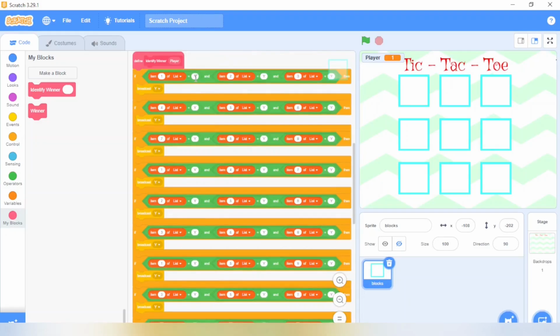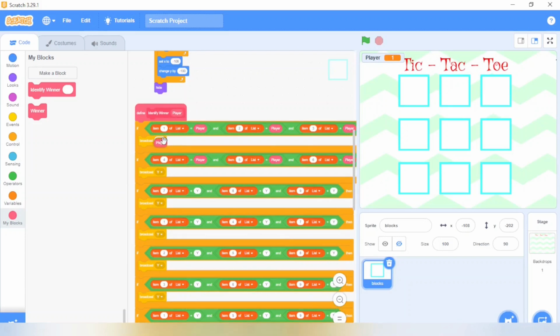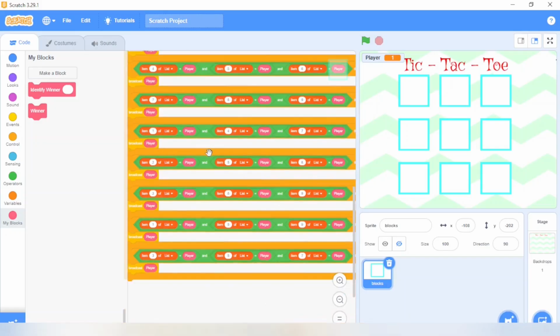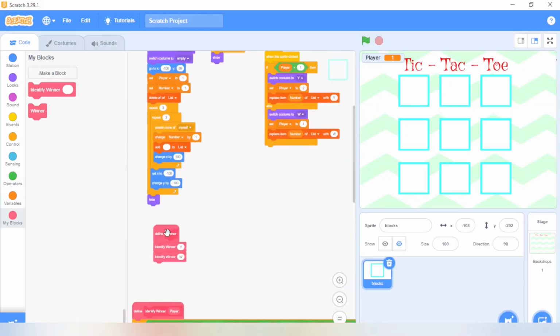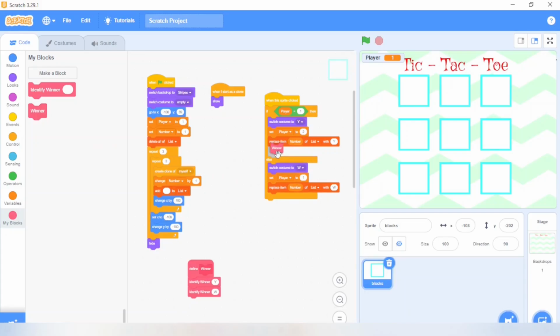Here, instead of this Y, what are we going to write? This Y will be replaced by player because player might be anybody. Is it Y or W? Or white cat or yellow cat? So we'll replace this Y by player. And here also in broadcast, we use player. Yes, it's done. This define winner we're going to use in both conditions. So we'll use this winner and place it in both the Y block and W block as well.